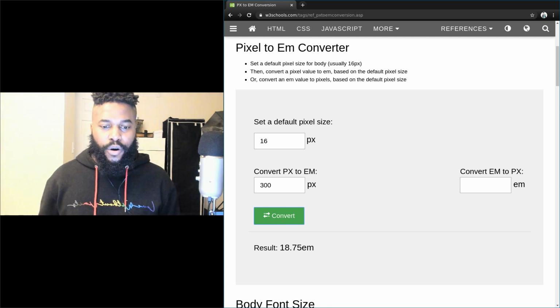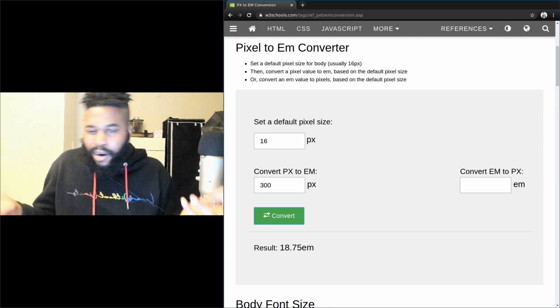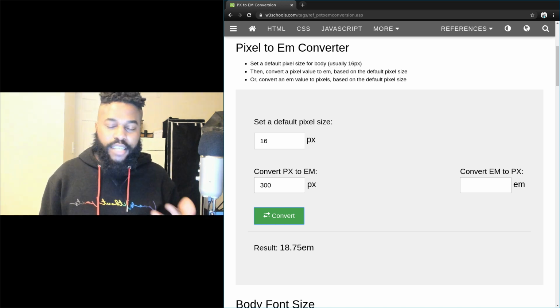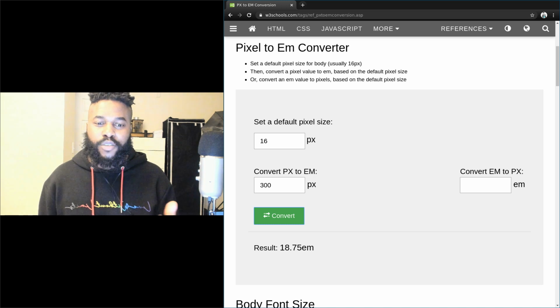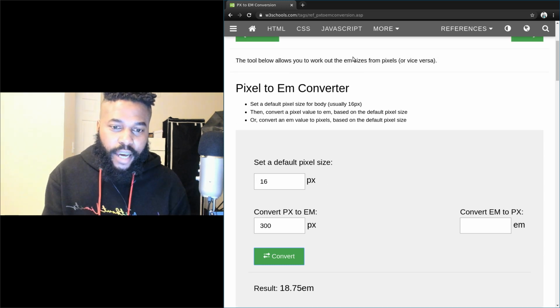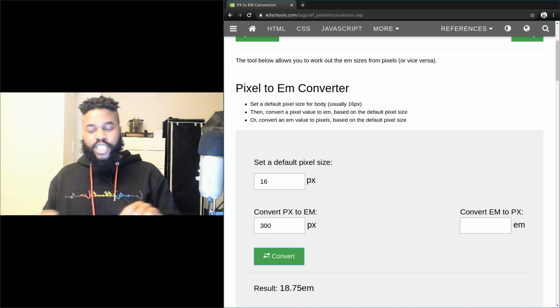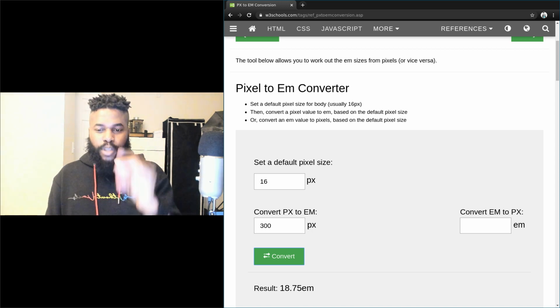So this may be like, okay, who cares? Why are we doing this math? But when you're writing CSS, this actually comes into play a lot. And then sometimes you end up Googling to go find a site like this to do the conversion for you. So how cool would it be if you could just hit a shortcut key, type in the numbers, and bam,